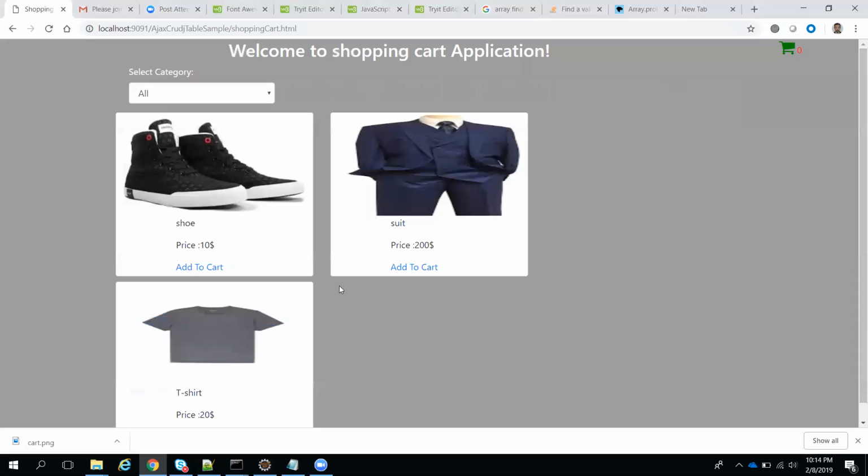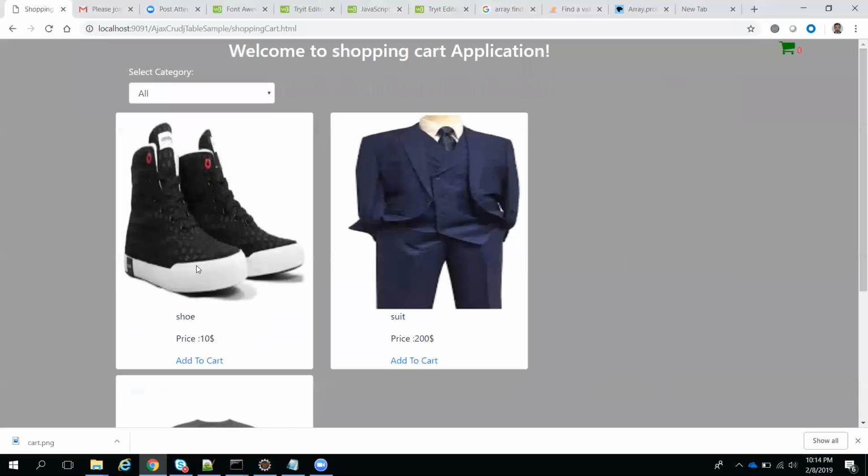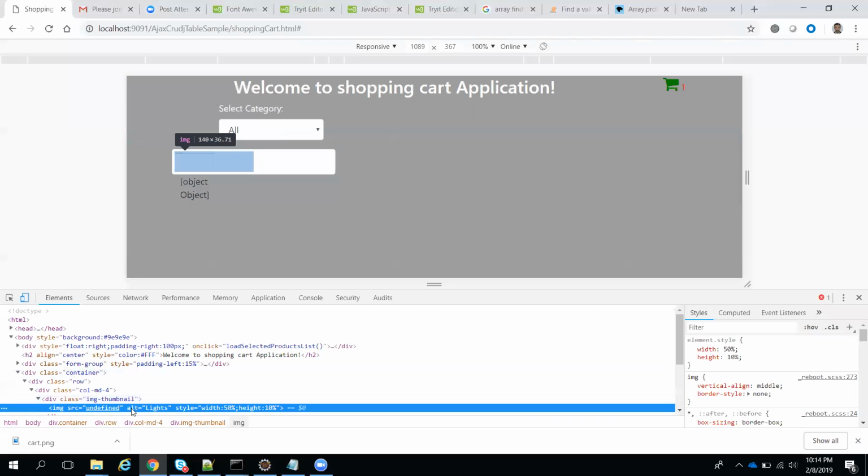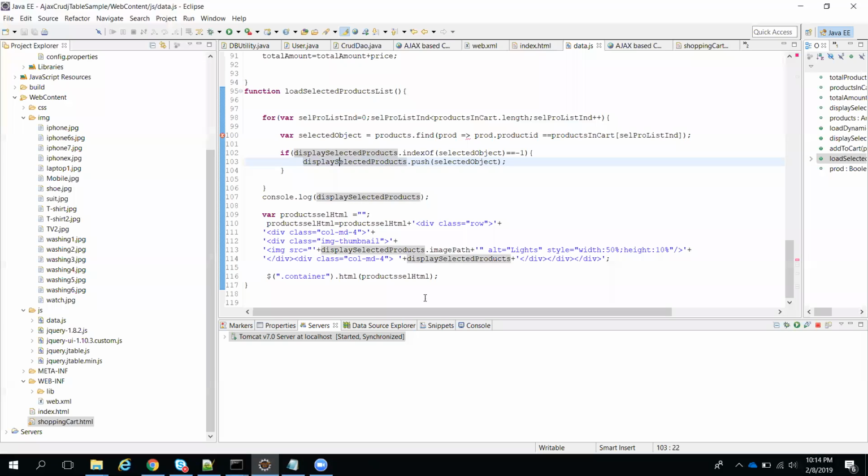Okay, we'll add one product. Okay, I'm going to click now. See, something is coming, object. Now also we can inspect this. Okay, this is coming undefined again, but somewhere it is coming object.